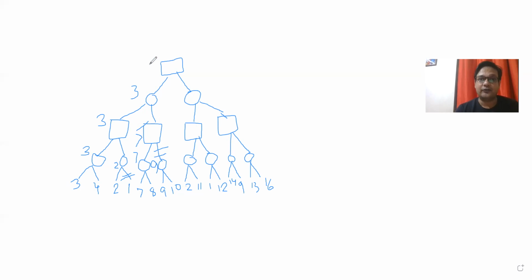Again, the value of alpha will be 3 here. I'm going in this direction, this direction, this direction, and this direction. Again, my value is 2 here. This is the min node, so the value will be 2. If I compare 2 with 11, it will be 2. Now, the alpha value of this max node will be 2.